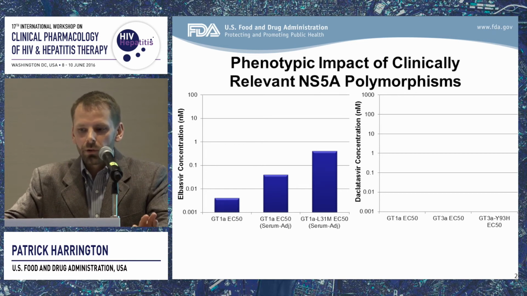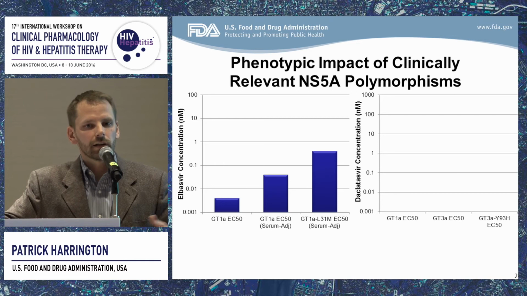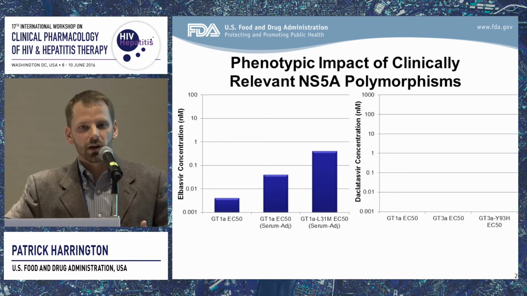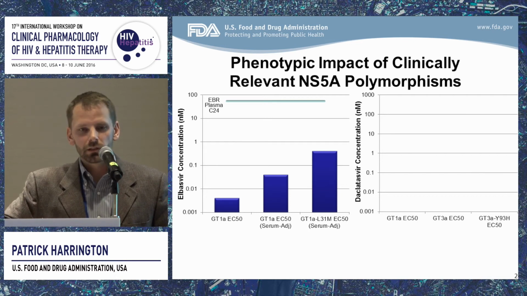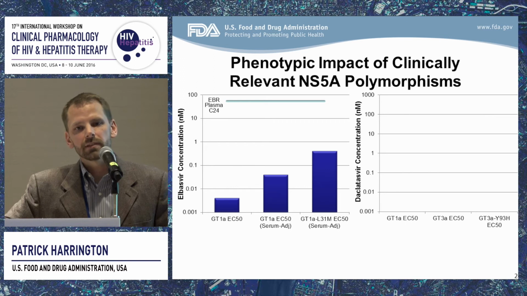And then if you put in L31M and consider the worst-case scenario that it confers a 10-fold reduction in Elbasvir activity, we're still talking about an EC50 value that's sub-nanomolar. So that drug is still quite potent against this particular variant. And if you put that into consideration with the drug levels that are actually present in a treated individual, that EC50 value is still multiple orders of magnitude below the drug levels that you see in an infected individual. So I have a hard time believing that that 10-fold reduction by itself is enough to confer clinically relevant phenotypic